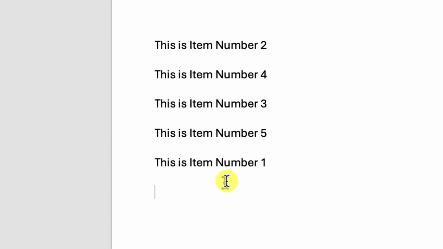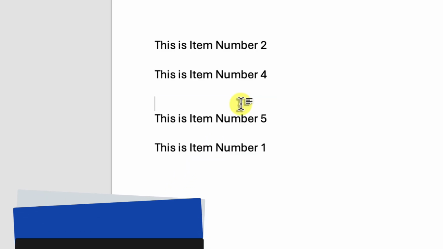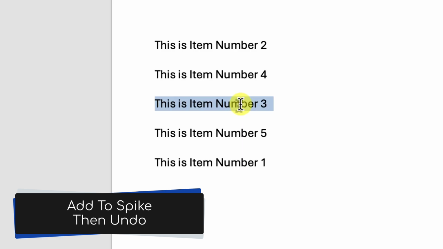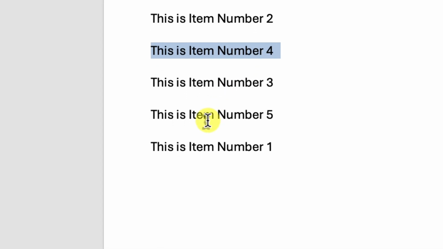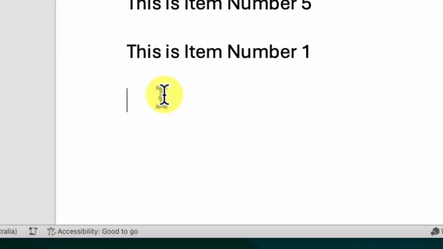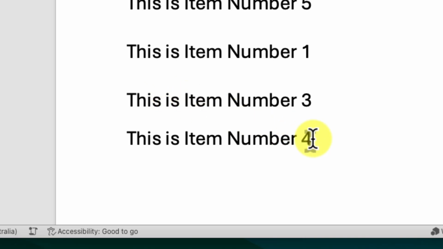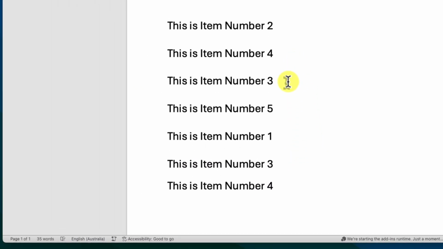The spike command can also be used to easily duplicate elements of your document if you need. If I wanted to duplicate item numbers 3 and 4 again down below my existing list without removing them from their current spots, I can use the spike shortcut to do so. All I need to be sure to do is use the undo shortcut after adding it to the spike. The element is still in my spike, ready to be pasted as I want. And so I now have my 2 items duplicated in the order I wanted, while still keeping them in their original locations in my document too.